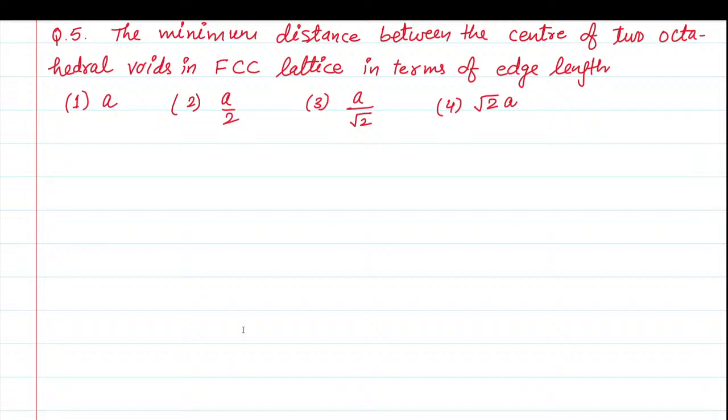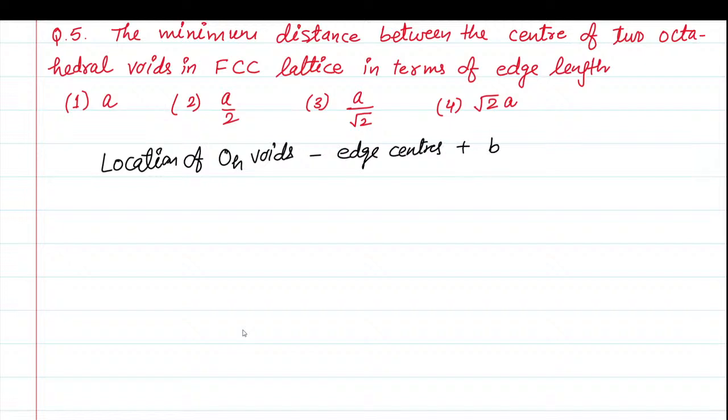Minimum distance between the center of two octahedral voids. You know what is the location of octahedral voids? Location of octahedral voids is edge centers and body center. So minimum distance we have to calculate, right? So you know